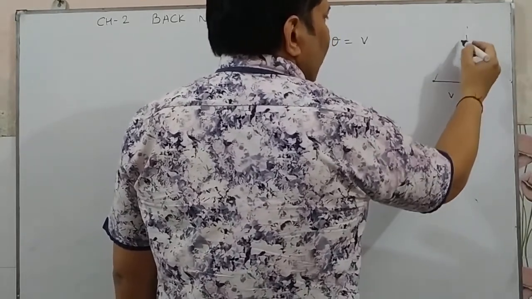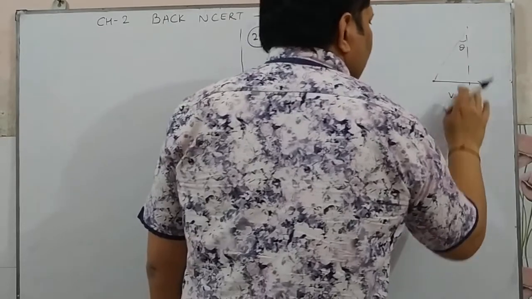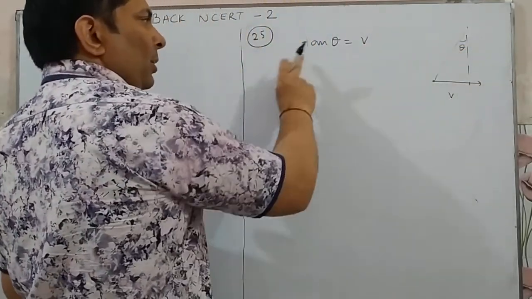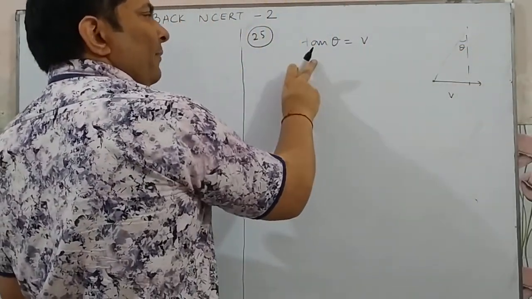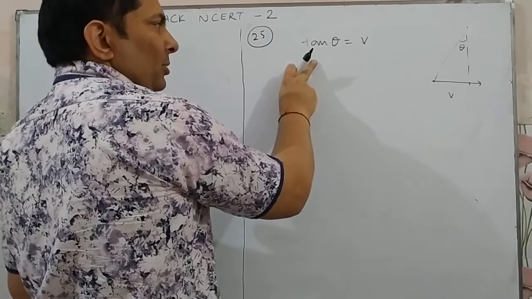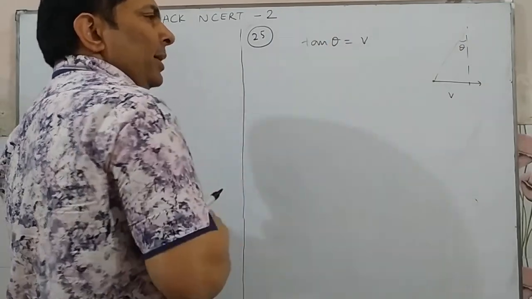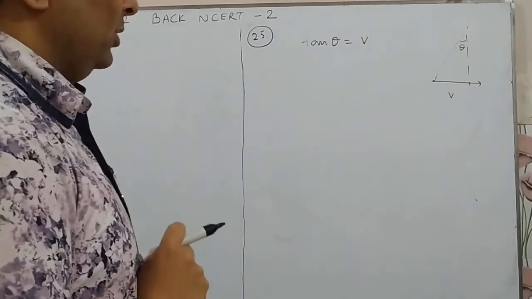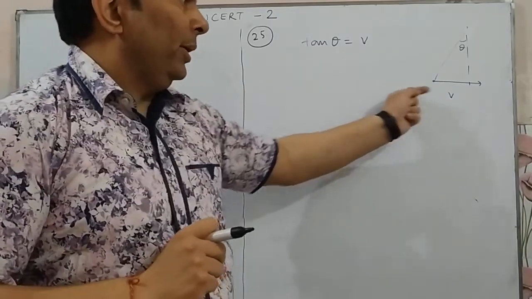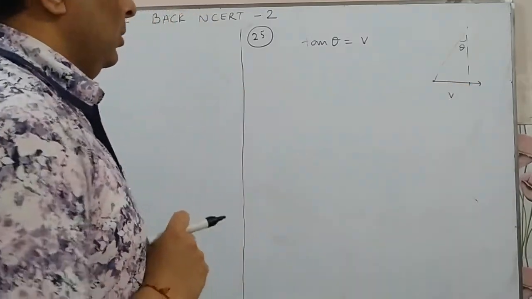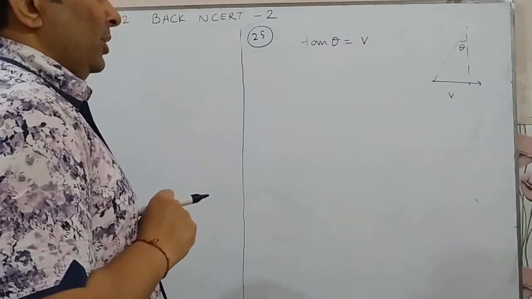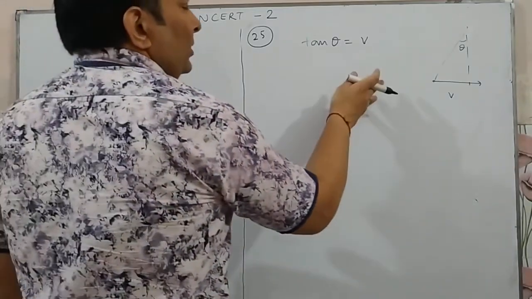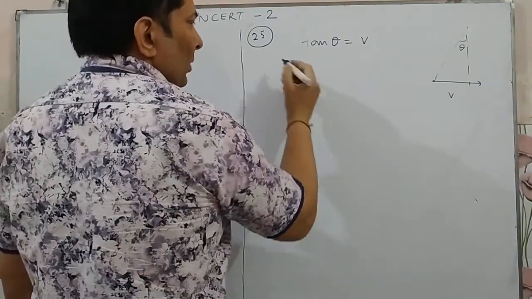What is he missing? He is telling us theta and he is telling us that tan theta is equal to V. But in this relation you can see that the left hand side does not have any dimensions, it is dimensionless, whereas the right hand side has the dimensions of velocity, because V is the velocity of the man going in this direction. Now for the sake of correction, we need to make the right hand side also dimensionless.